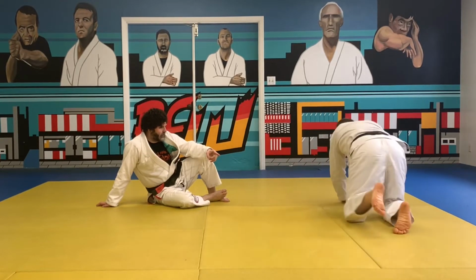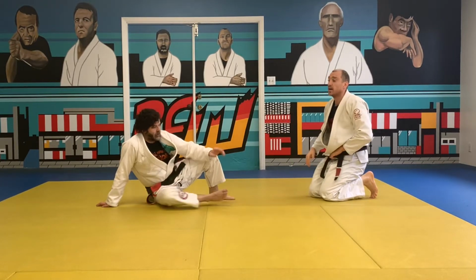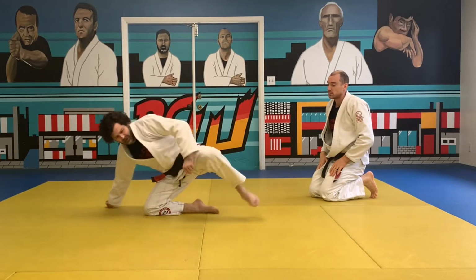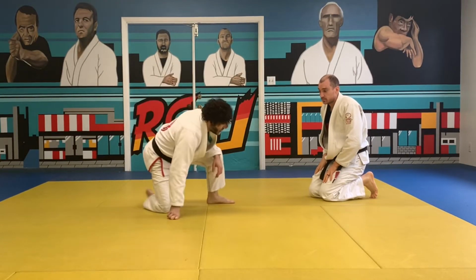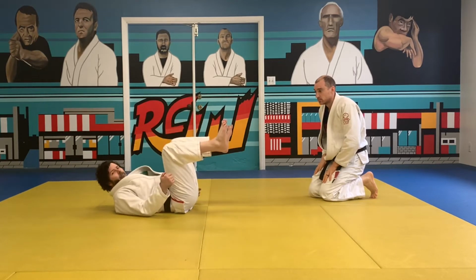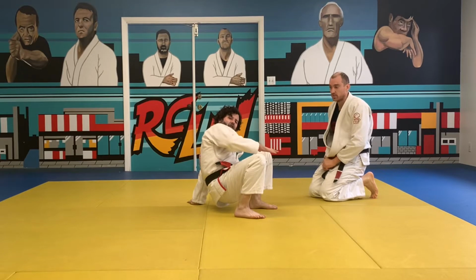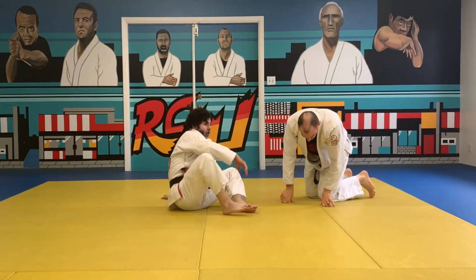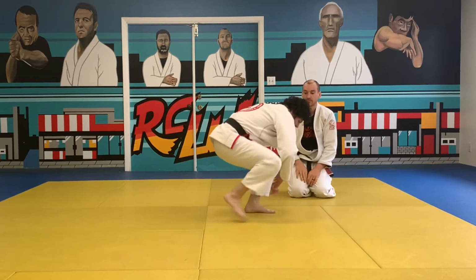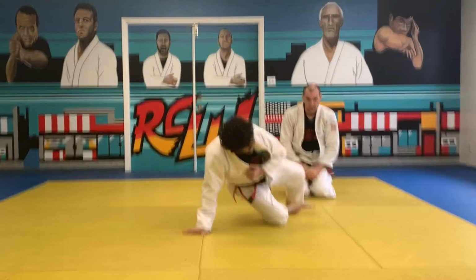Yeah, I think the main thing is, when you look at it like standing up in base, when the leg is folded and you go over it, there's no space. Yeah. What we see a lot happen is people execute the trip, the sweep, and then they sit up like they're squatting. And this gives you no base, and there's a ton of room there. Right? Just like when you do an arm bar, if you did an arm bar like this, there's a lot more room than if your leg is folded and you're bringing the...